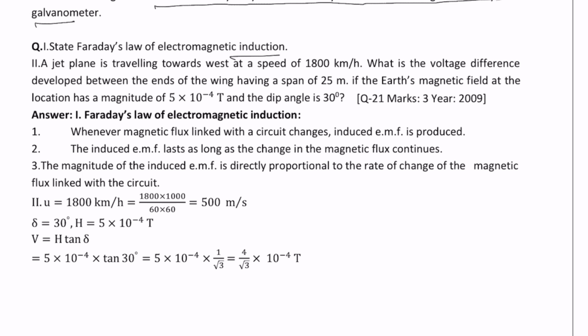So what is Faraday's law? Faraday tried to find out the impact when a magnet is in motion, or when current flows. We know that a magnetic field is produced, but can a moving magnet, or a variable magnetic field, produce current? That was all about Faraday's experiment. So he proved that